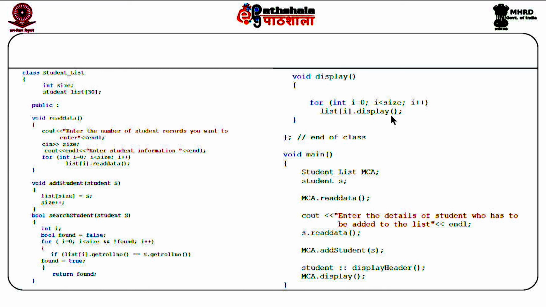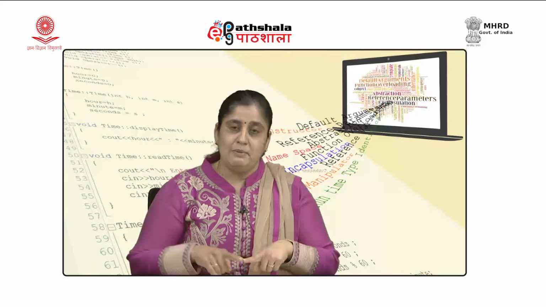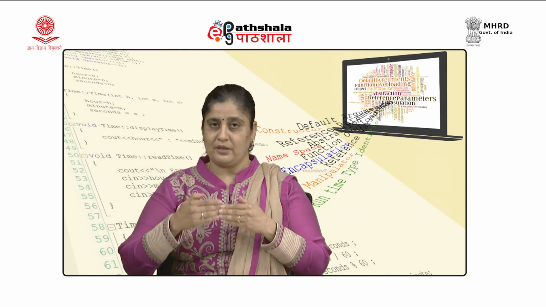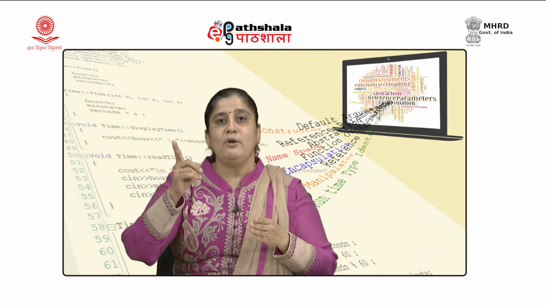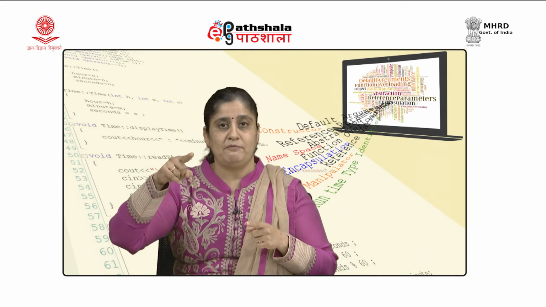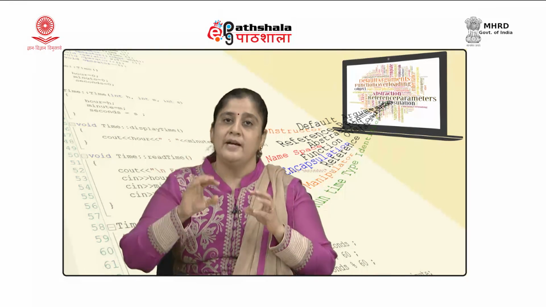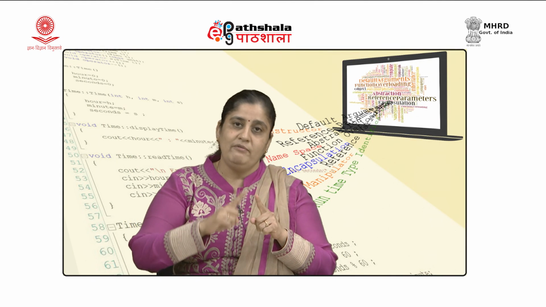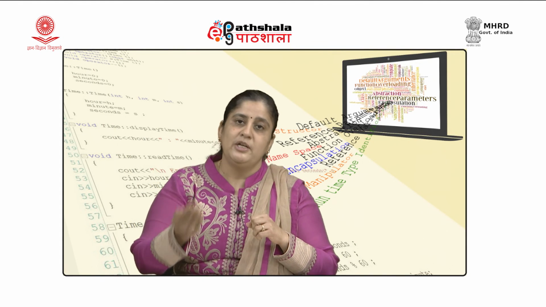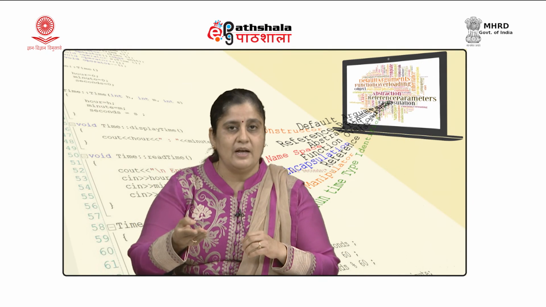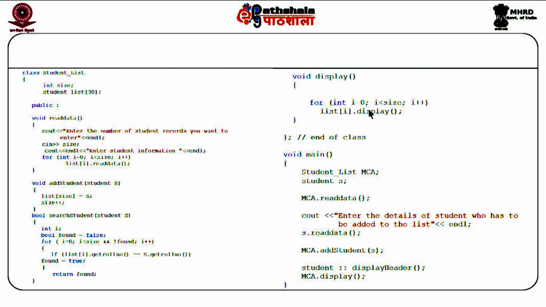This display function is that of our student class. In student class, you would recall that we have defined a display function which displays the information of one student. Now, on every array index, we can keep on invoking the student class display function which would display the data of that student, and when we increment i, we again call the display function which would be displaying the data of another student, and that is how we can keep on displaying all the information about all the